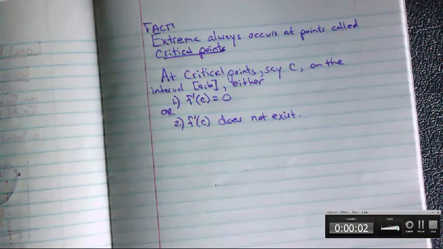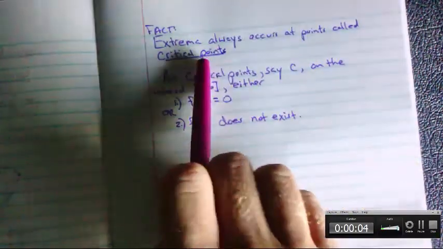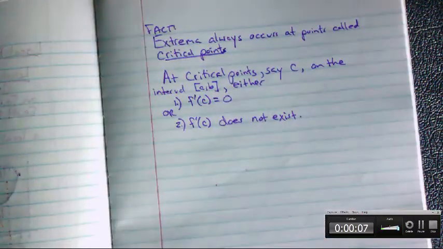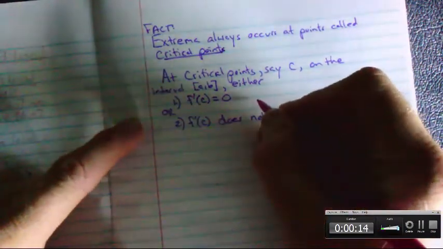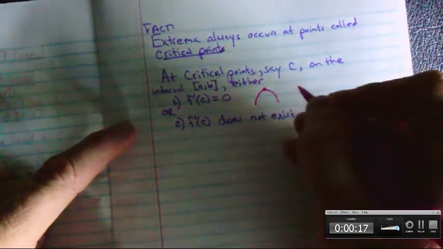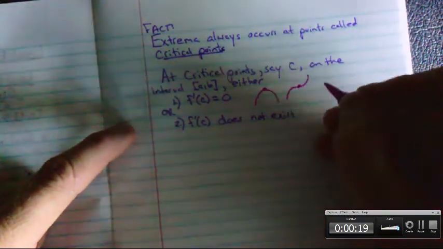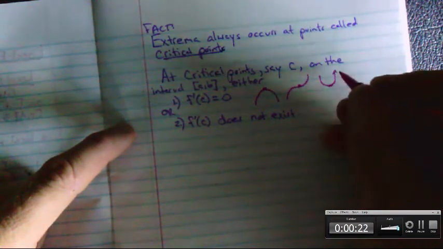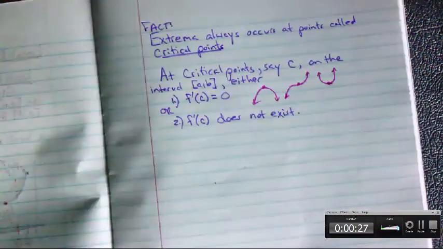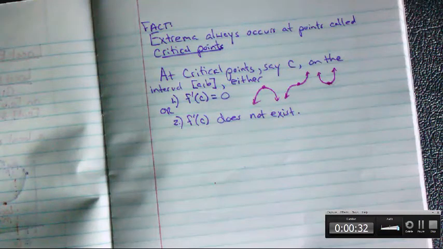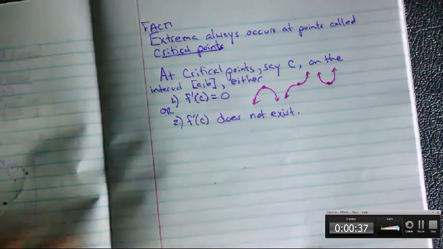Yesterday we talked about the extrema always occurring at points called critical points. And critical points, say C on the closed interval AB, are either where the derivative is equal to 0, implying that we have something like this. We've got some kind of curve where there's a point where we can draw a horizontal tangent. And horizontal tangents always have a slope of 0. So it has to be one of these three options if the derivative equals 0, or the derivative does not